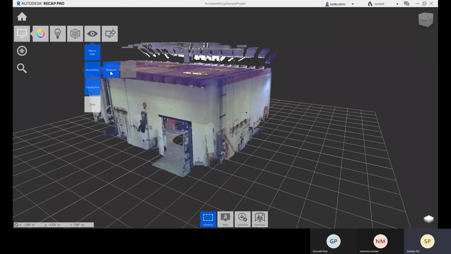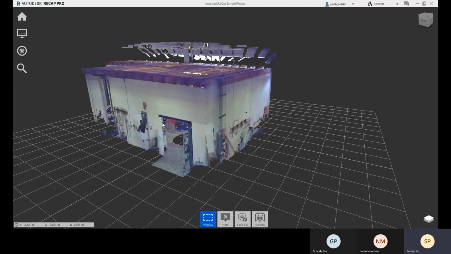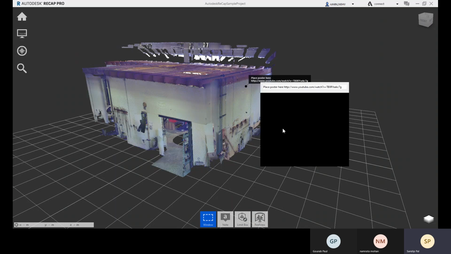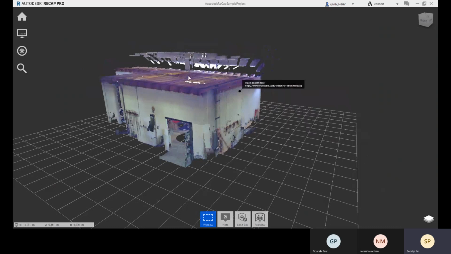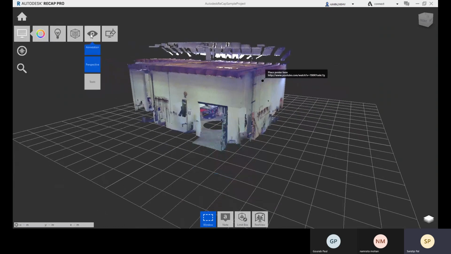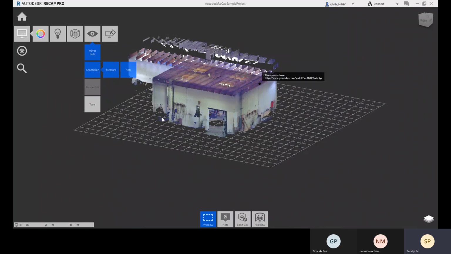And same for measurement, if you have placed any dimension here, it will not be visible. This is right now in perspective mode, which is always on.